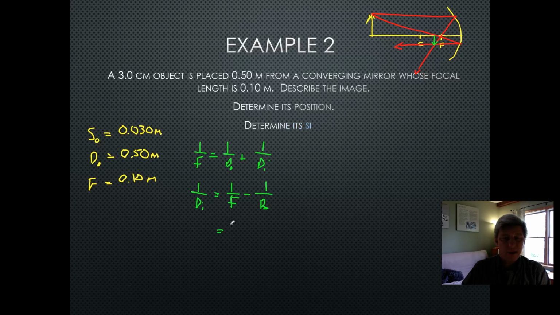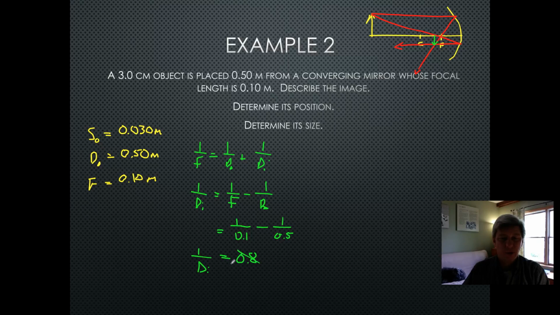That's going to be 1 over 0.1, so 1 over 10, that's going to be 10, minus 1 over DO, that's 1 over 0.5, which is 2. So 10 minus 2 is going to give me a value of 1 over DI equals 0.8. Okay, because 1 over a tenth is 10, 1 over a half is 2. 10 minus 2 is,